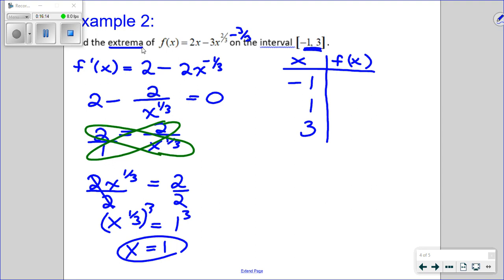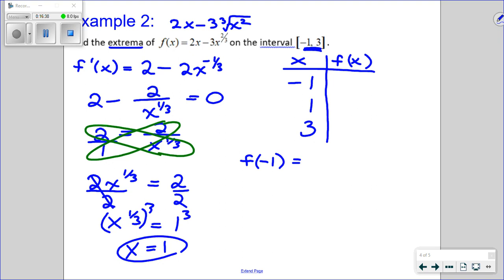Okay, so to find f of -1, you guys may want to think of this fractional exponent as the same as 2x minus 3 times the cubed root of x squared. Okay, that's how you can change that fractional exponent to a radical, because it might be easier when you're